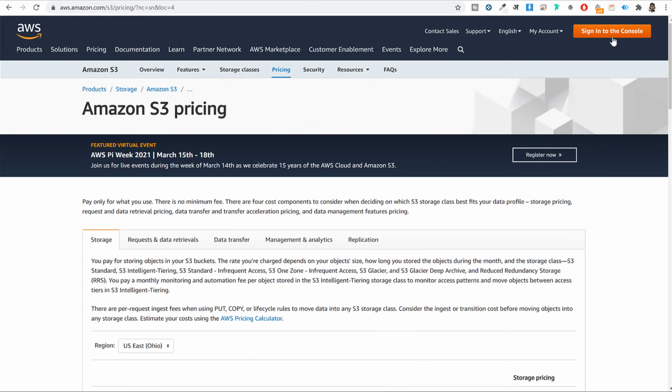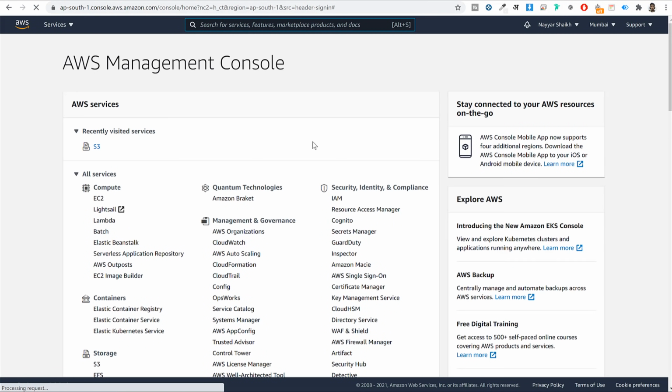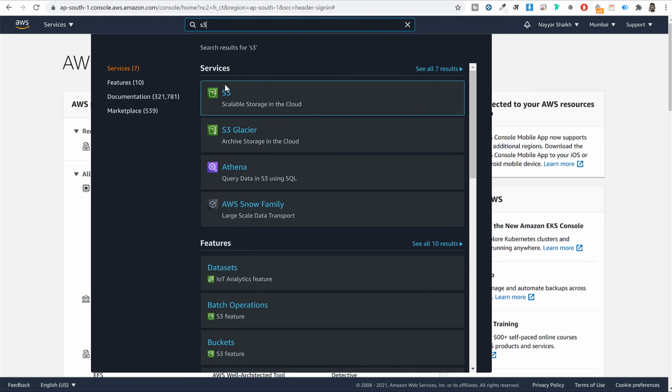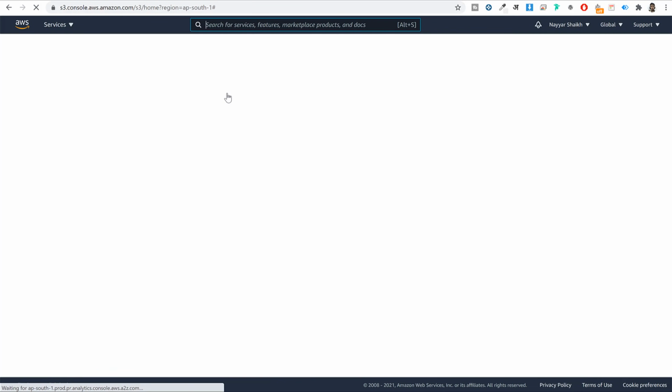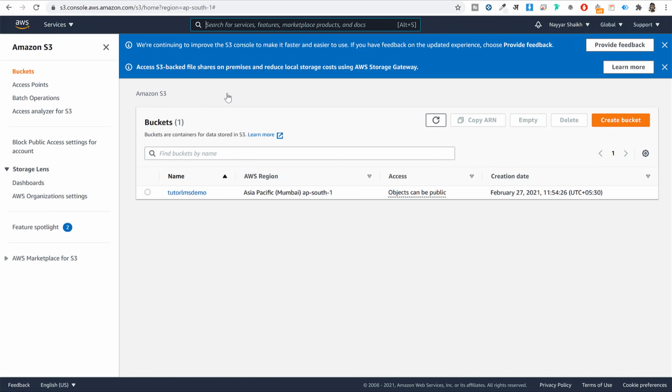After that, you can sign into the console. If you already have an Amazon account, which I think you have, you can just sign in with this account. Click on sign in, select any one of your Amazon accounts and click on sign in, or if they ask you to sign up, you can select sign up. Now under this search bar, search for S3. You'll see this option with the bucket icon. Select this S3 option. Now in S3 we have to create buckets, and in those buckets we add our videos, and after that we can use those videos on our website.